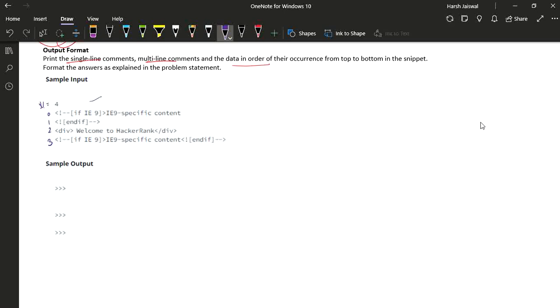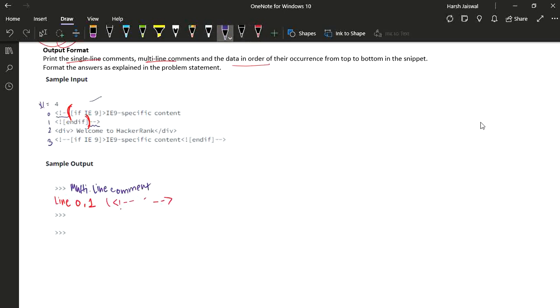So our output will be, first, we encounter a multi-line comment. How do we encounter that there is a multi-line? You can see over here, it starts over here and it ends over here. So it is a multi-line. It's going to print multi-line comment, and then it's going to print this data, from here to here with all the brackets, like this whole line 0 and 1, ignoring this part, which will not be there between this.